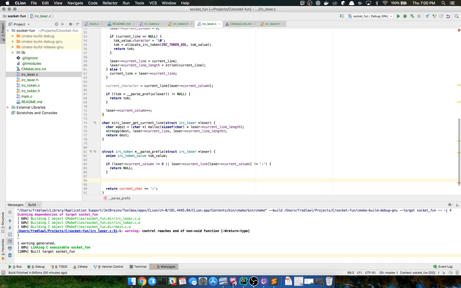So I think I'll keep that character right. So while lexer current column... I said that twice, which means I did something wrong. Current line, while not equal to space,